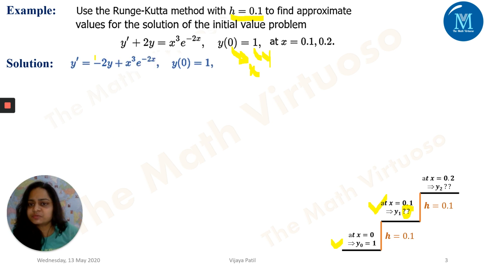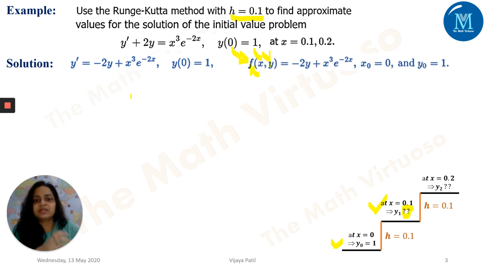Now this has been given to me, but we know that it should be expressed as y' = f(x, y), and therefore we are just rearranging the terms here. So y' = -2y + this. We have just shifted the +2y to the other side, and therefore we could write it down, because all our formulas are defined on f(x, y).